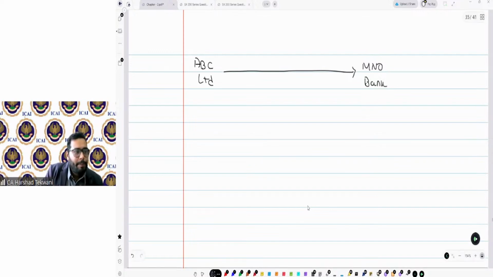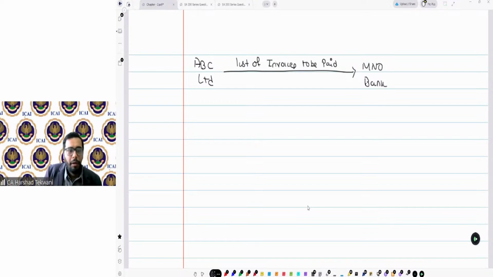So ABC Limited provides a list of invoices to be paid. MNO Bank, once it receives the list, makes the payment to those vendors,